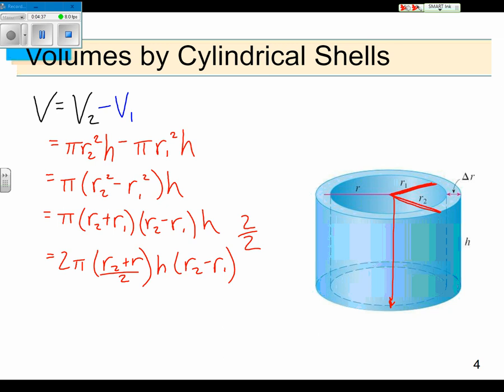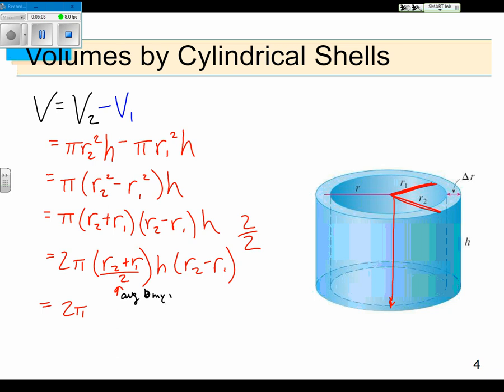My commutative property says that it doesn't matter what order I multiply things in, I should get the same answer. So I got 2 pi. I'm wanting to rewrite this guy. Look what I'm left with on this. I've got R1 plus R2 divided by 2. Well, that is exactly how I average